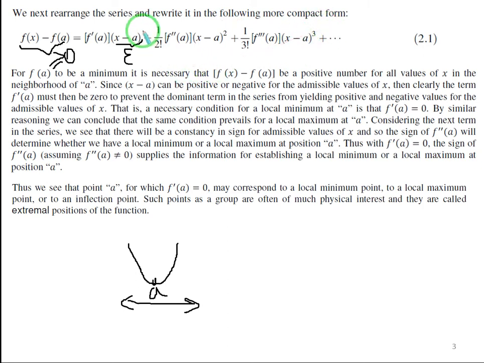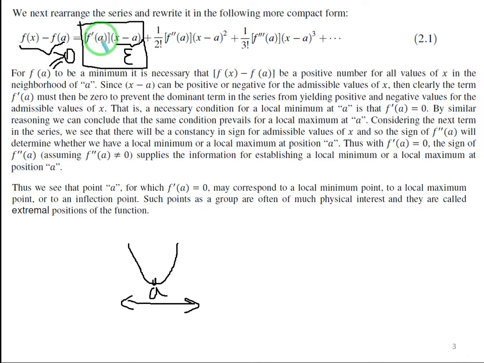So we can say that the sign of the left-hand side is determined by the first term of the left-hand side of this equation, or by this term. This is the thing that I want you to focus on, this term, because as we can see, f